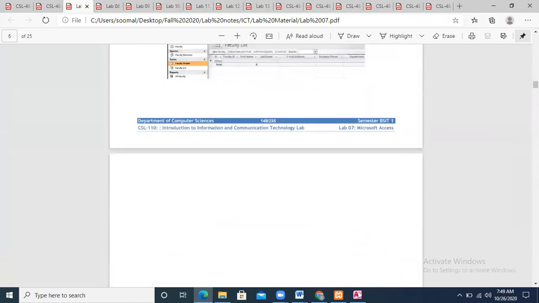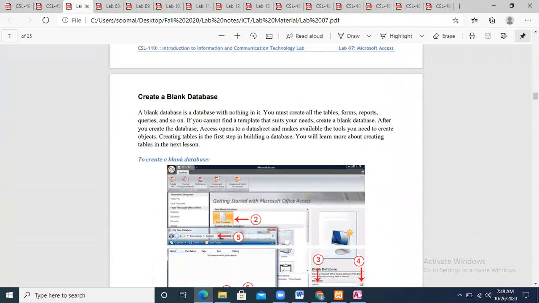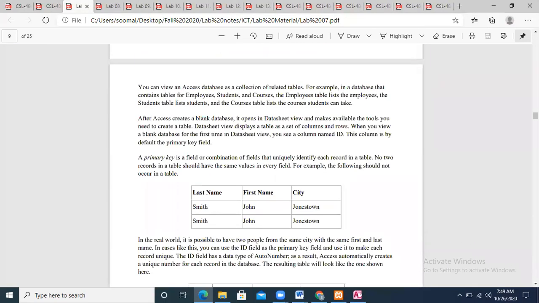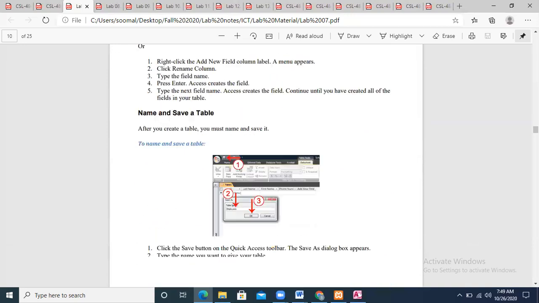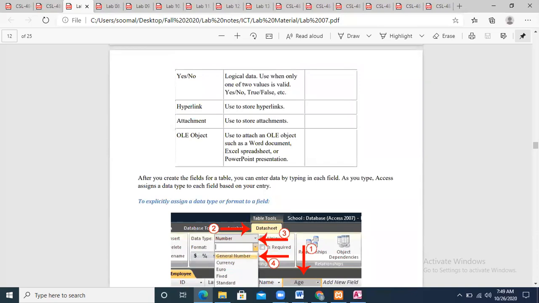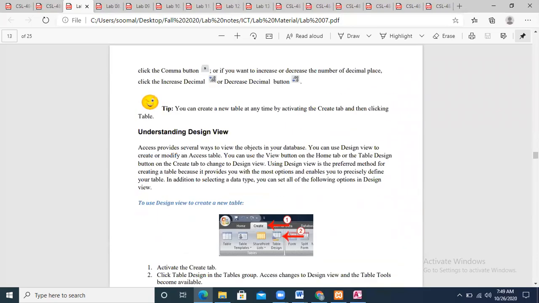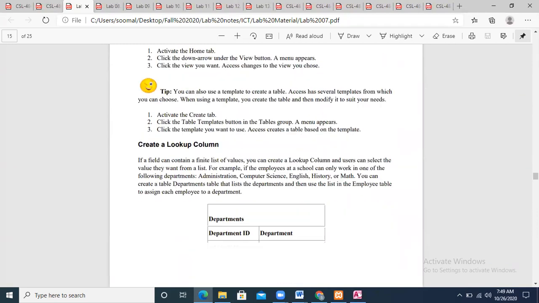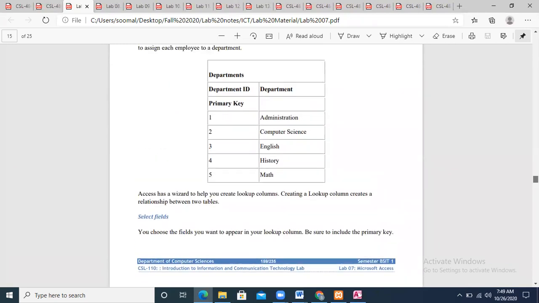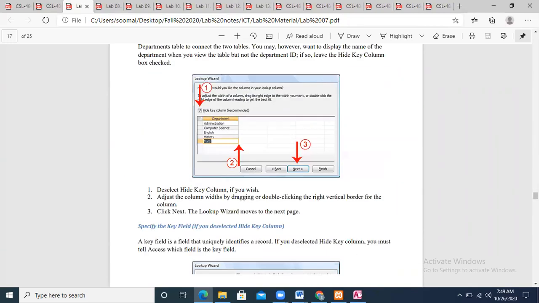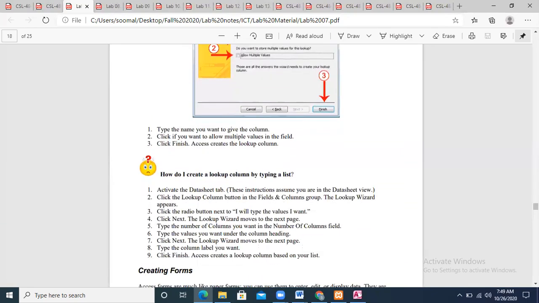Creation of database, we have seen. Creation of table, we have seen. Creation of form, we have seen. What the primary key is, we have seen. How we can have the lookup wizard over the data we have seen, and how we can have data view in our particular Excel we have seen. So all these things have been seen right now in our particular MS Access. How you can create different kinds of lookup columns, we have discussed also. For example, the departments and the section that were related to the lookup columns.